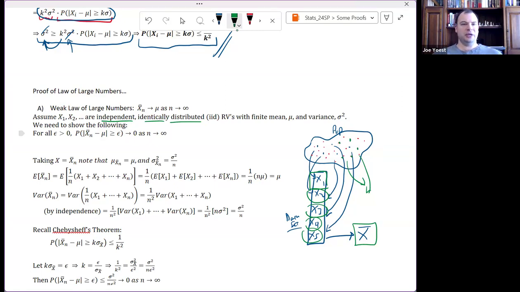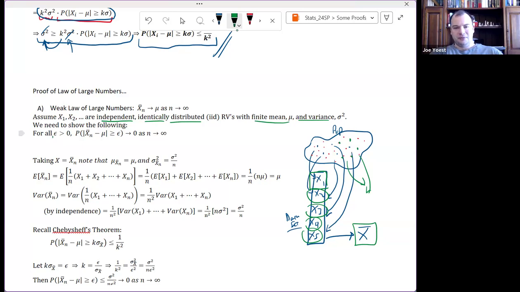So they should all be identically distributed. It should be distributed according to the same underlying population, right? I'm not measuring people's heights where my population for X1 is a bunch of preschool kids and my population for X2 is a bunch of NBA players. We have the same population, maybe all people in Pittsburgh or something that we're working with. So the distribution is identical between the first data point drawn and the second and third and so on. We're also assuming finite mean and variance.